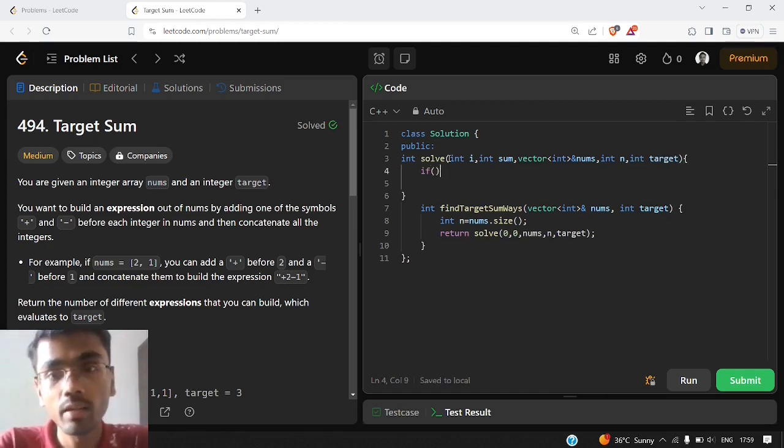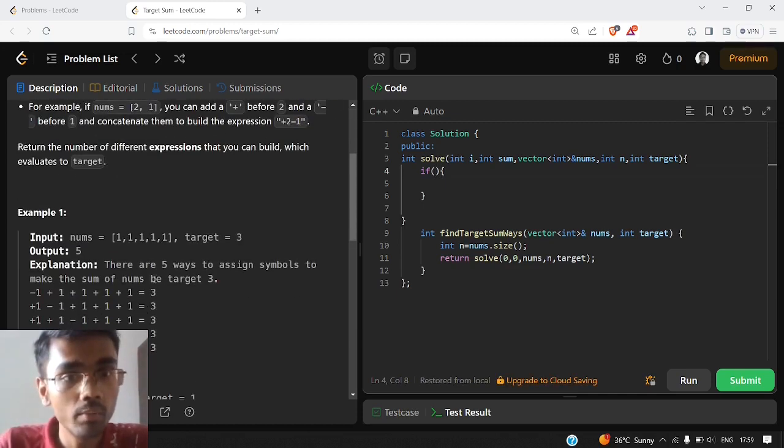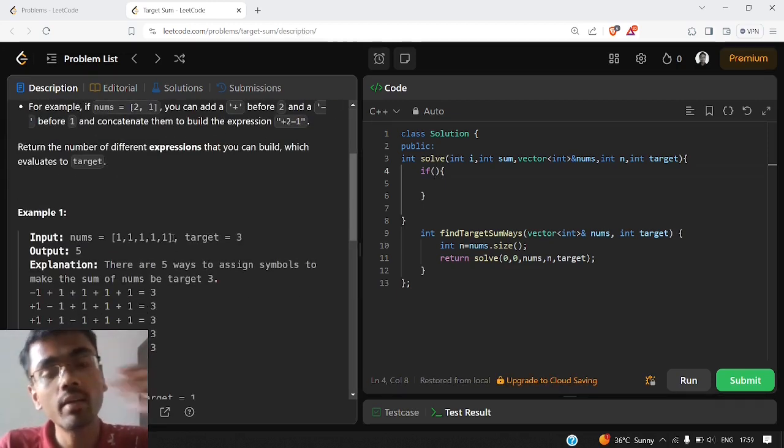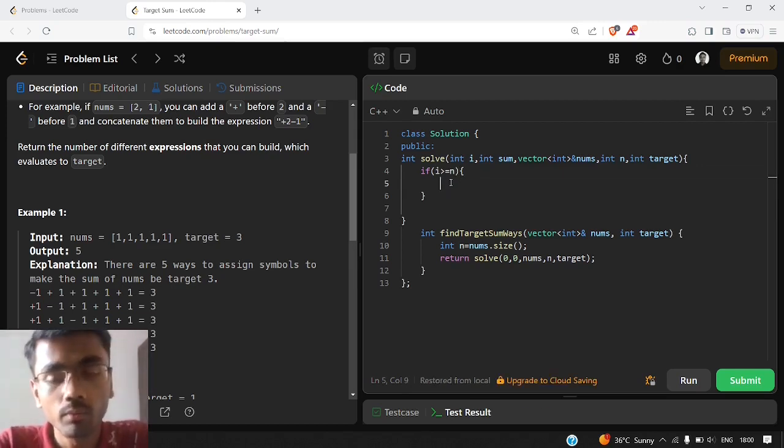So first in recursion we write the base case. What is the base case? The only possible base case is if our index i reaches the end of the array. So if i is greater than or equal to n, this would be our base case. Now inside this we can have 2 possible scenarios.